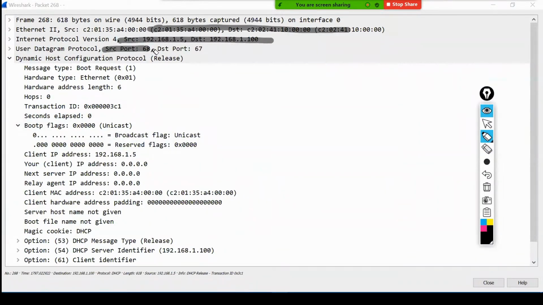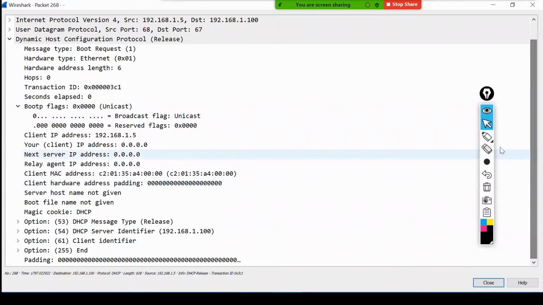Who is sending? Client to server. The difference is that I'm sending this client IP address, 105, to the server identifier.